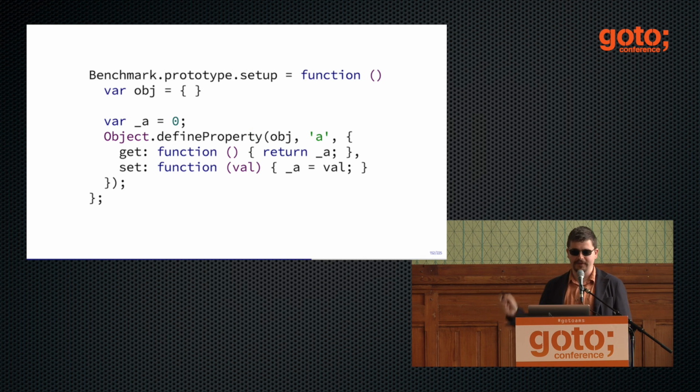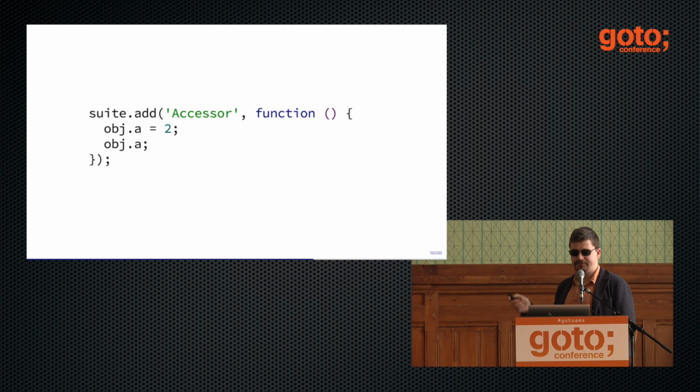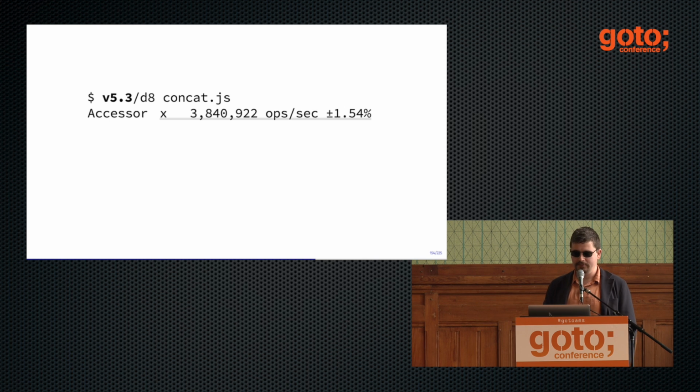Here is something unfixed, kind of. So again, a Stack Overflow question, somebody tries to measure how much it costs to use getters and setters on the object. And they write this benchmark, and I will accelerate a little bit to make it on time. And on the newer V8, it's three, I don't know, is it million? I can't read numbers. Million, right? Yes, 3 million operations per second.